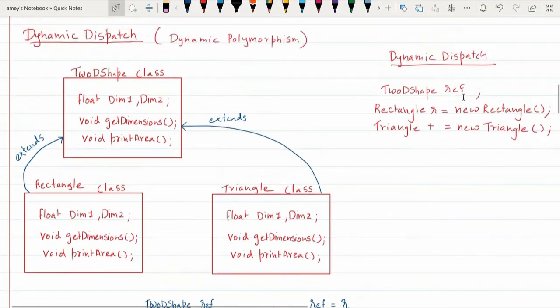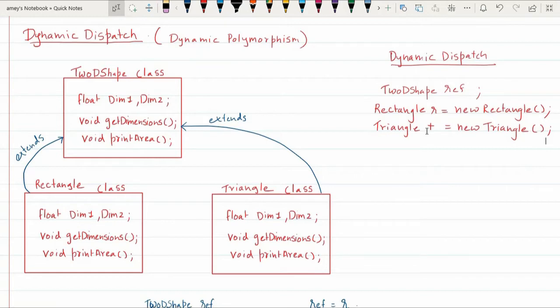So ref can also point to an object of type rectangle if required, and ref can also point to an object of type triangle if required, and this data type conversion happens automatically.